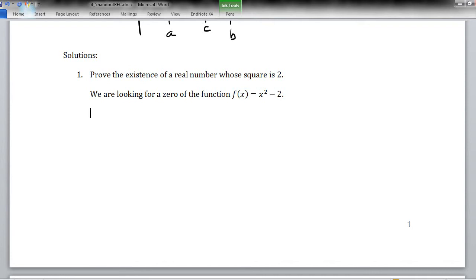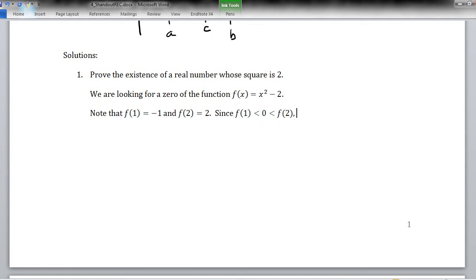Now, if we're looking for a 0 of the function, then we need to find somewhere where it's positive and somewhere where it's negative. And we think the square root of 2 is somewhere between 1 and 2, so how about we take f of 1, which is negative 1, and f of 2, which is 4 minus 2 is 2. Okay. Well then, since f of 1 is less than 0, and f of 2 is greater than 0,